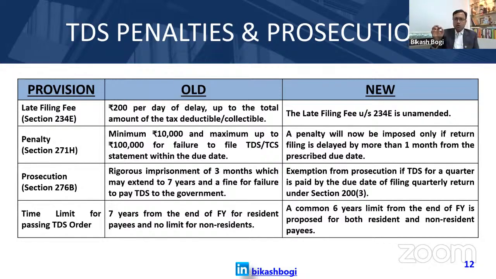So, if there is a delay in payment of TDS, then what? You need to pay interest at the rate of 12% per annum. It means 1% per month. An interesting part about this provision is that even if there is a delay of 1 day, then you need to pay the interest of full month. So make sure that you are not delaying the TDS payment and you are making the TDS payment on time to safeguard